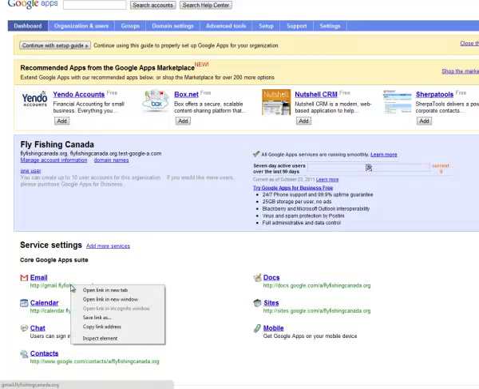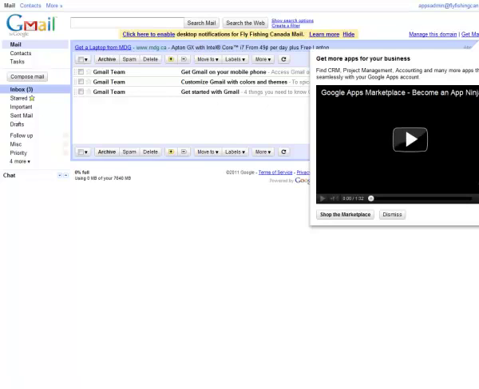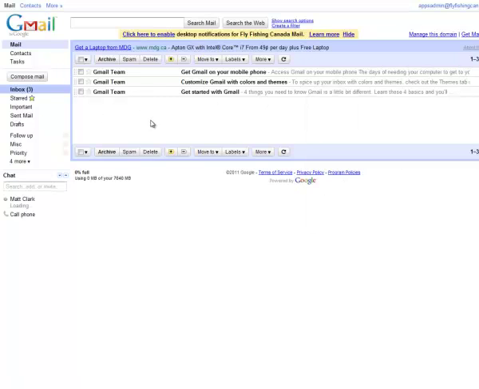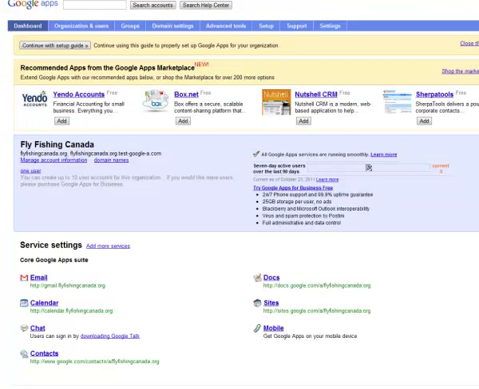And so basically what that does is, if we open a link in a new tab, it allows us an easy to remember URL to get to our Gmail or Google Apps mail that's now live. And here we are with Google Apps free, and we're able to do all the things. And again, our email will be sent from our domain, and we're set up. You can go through and set up the different URLs for those. Also, I do encourage you guys to look through the marketplace to see if there's any other add-ons you'd like to include, or be sure to